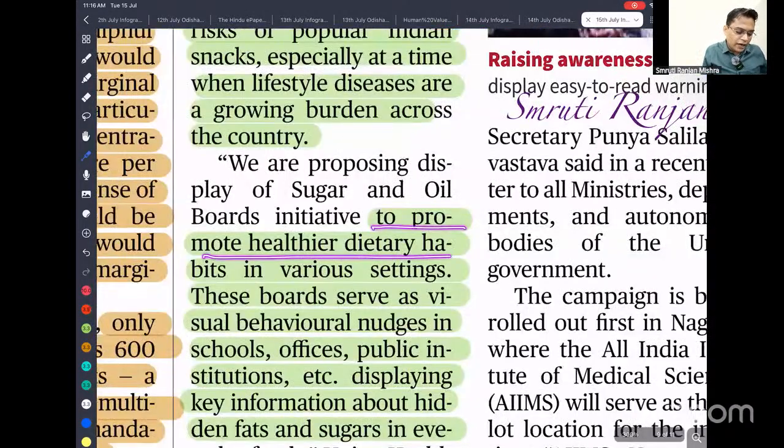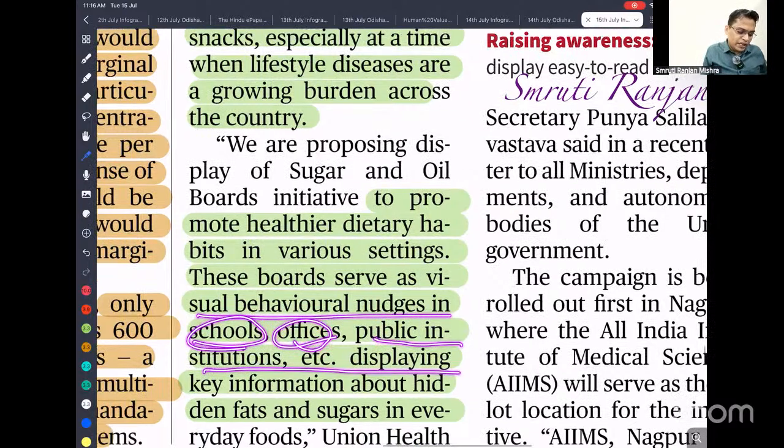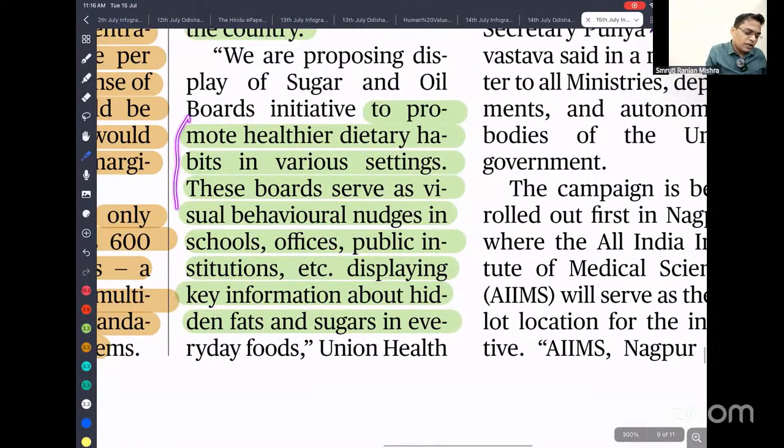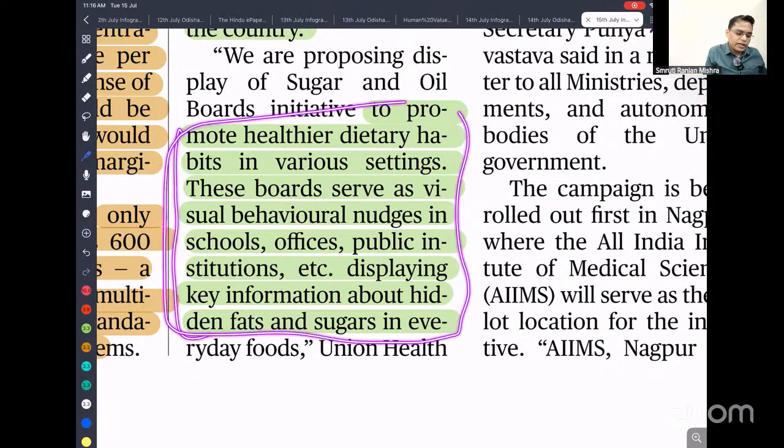So to promote healthier dietary habits in various settings, these boards serve as valuable behavioral change nudges in schools, offices, and public institutions, displaying key information about hidden fat and sugar in everything. So we can say this is what changes the attitude of the people towards unhealthy behavior, by showing them the health impact. That means if you want to change the attitude of people, you can appeal to their cognition, or their knowledge part, or their emotional part, or their behavioral part. So here by issuing the threat image, we are appealing to their emotional part,